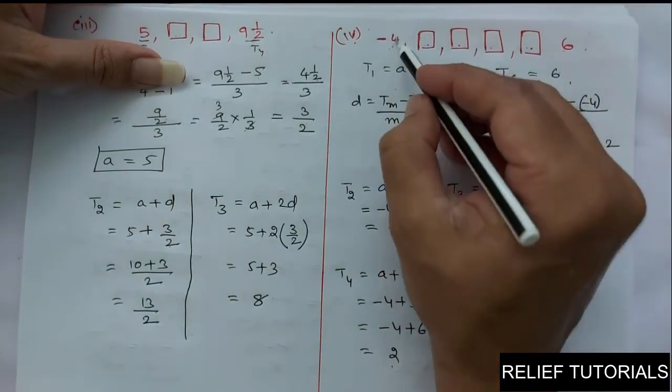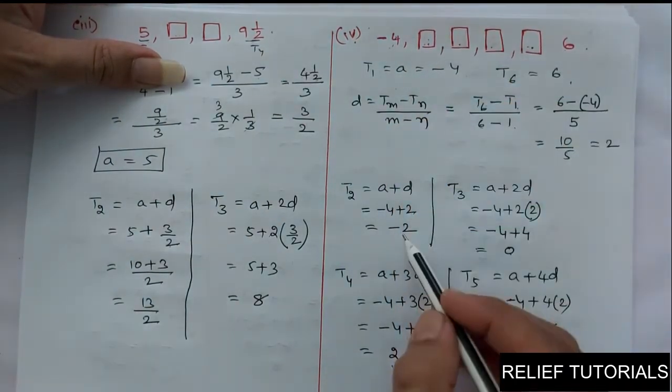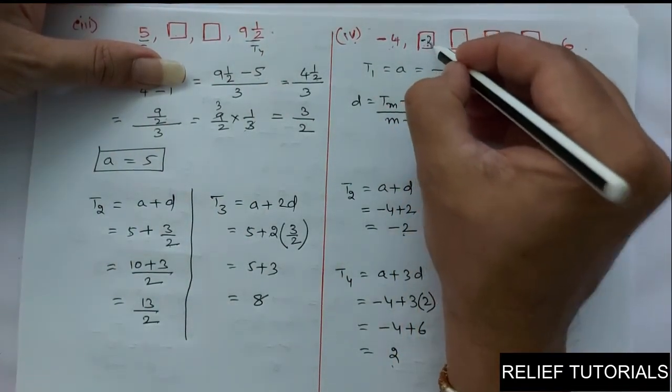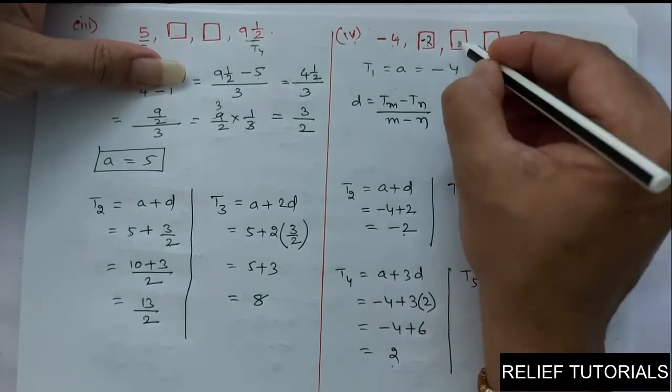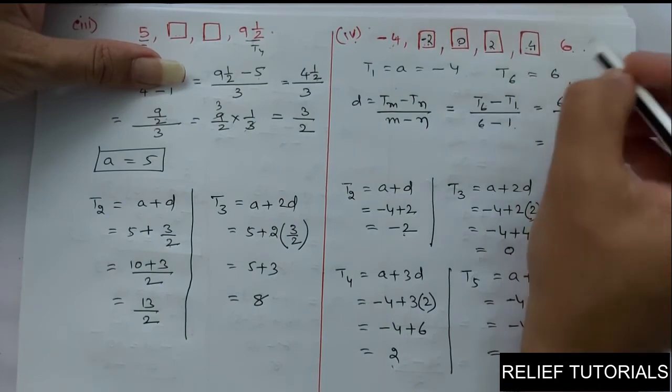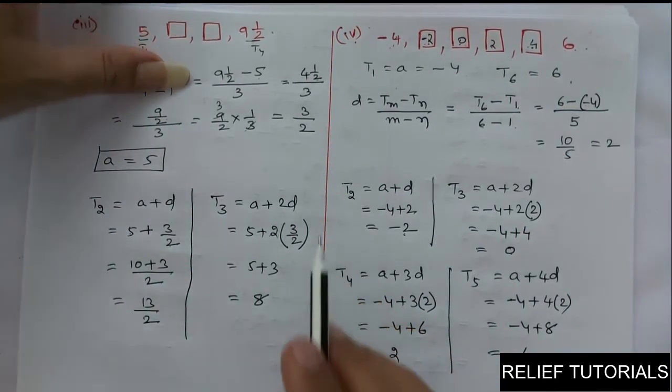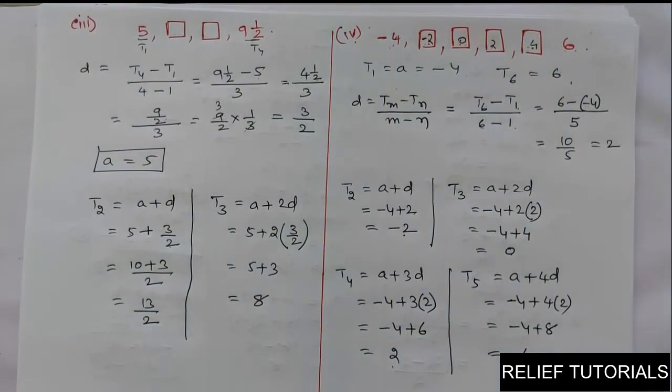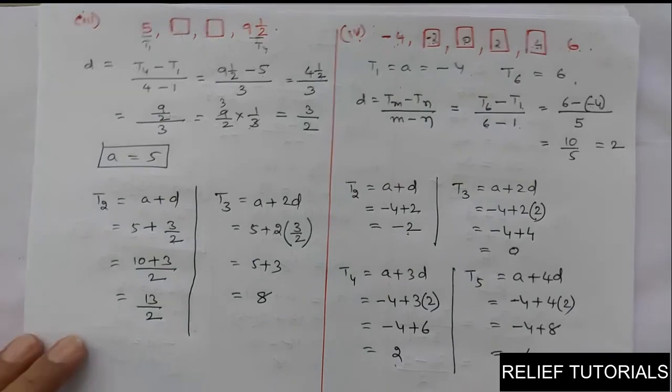So minus 4. Then T2, T2 is minus 2. Here minus 2. Then here T3. T3 you got 0. Then here you got 2. Here you got 4. Here you got 6. Have you got it, friends? So I hope you enjoyed this. Now we'll do the last